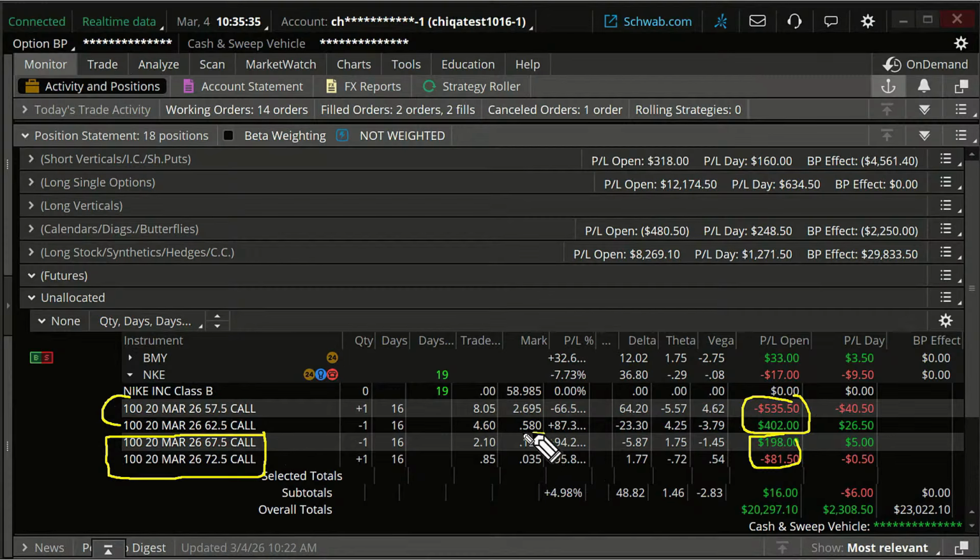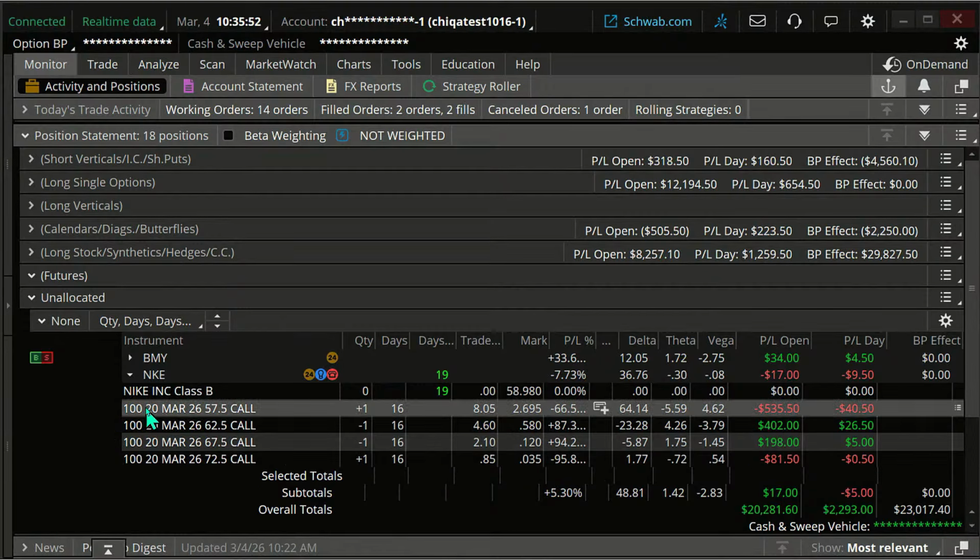Current price of these two together, about 9 cents. That means the best I can do, if we were to stick with this and it were to expire worthless, is this $9 better than I am right now? Probably not worth it in this case. I'm just going to get out of this whole thing.